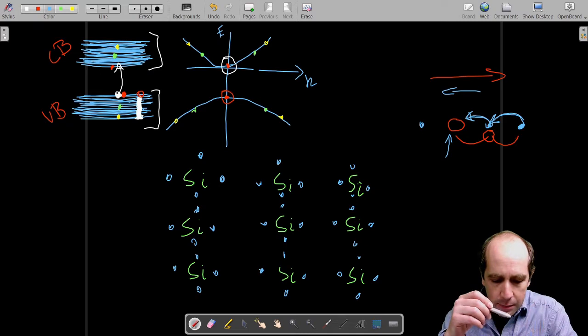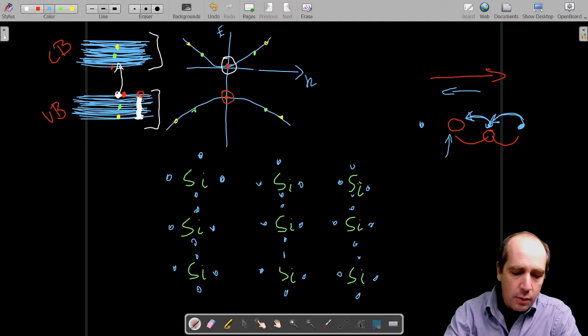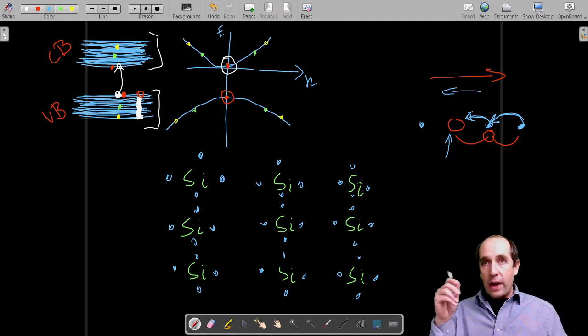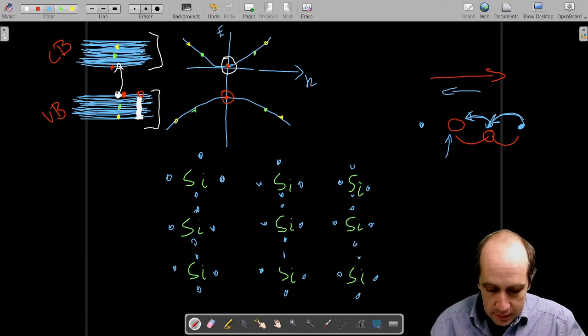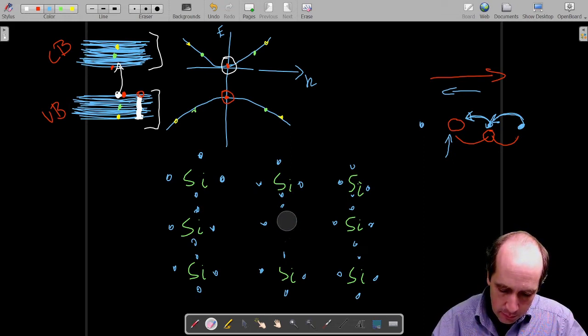Okay, so it so happens that the situation is such that exactly what we said earlier happens. So when we put all four valence electrons in this crystal, exactly the valence band is full, so all the states of the valence band are occupied, and all the states of the conduction band are free. And something we could potentially do is replace this silicon atom